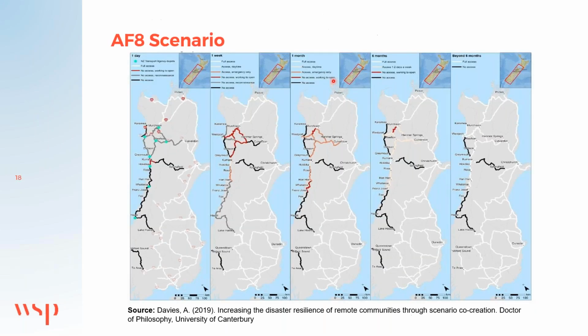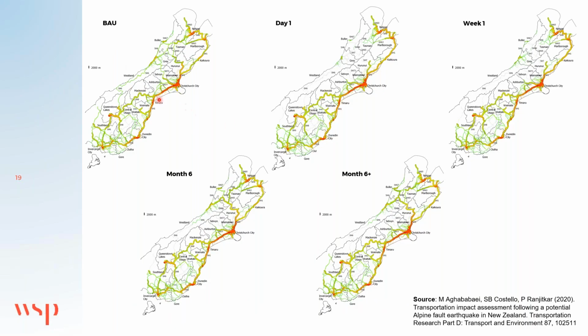For the scenarios, I used the Alistair Davies scenarios from the University of Canterbury. He worked on the impact of the Alpine Fault on the road network. So I got where the disruption happened based on his scenario: 1 day after, 1 week, 1 month, 6 months, and beyond 6 months, which I assumed to be 1 year for my scenarios. And these are the outputs of the